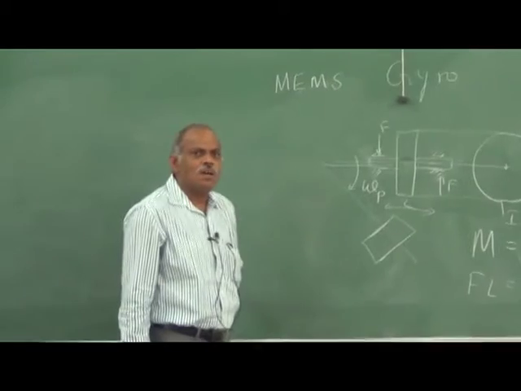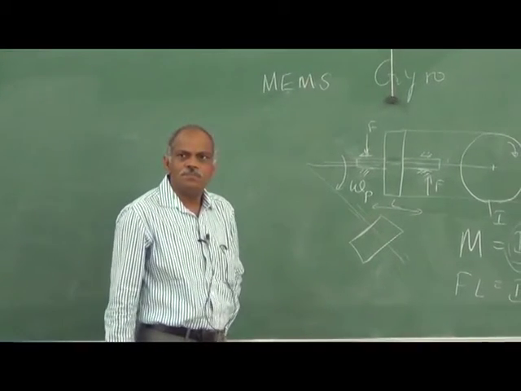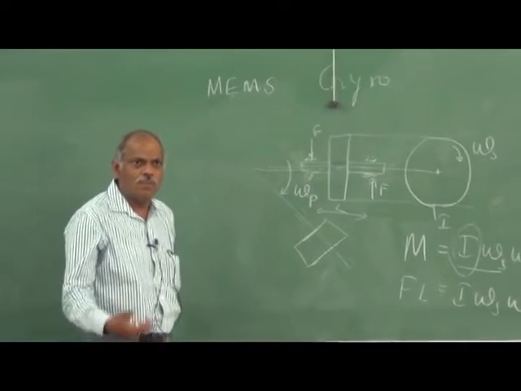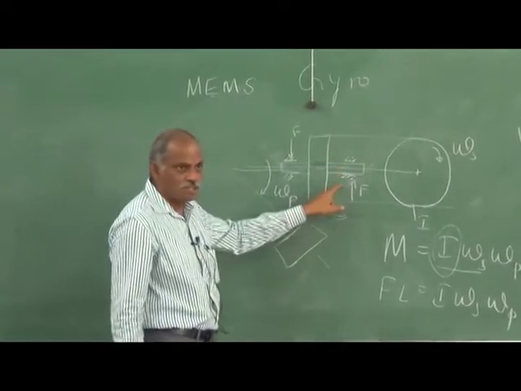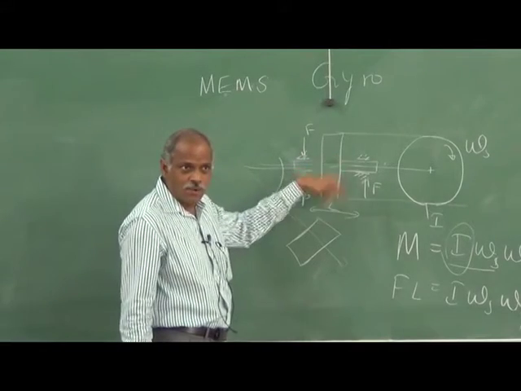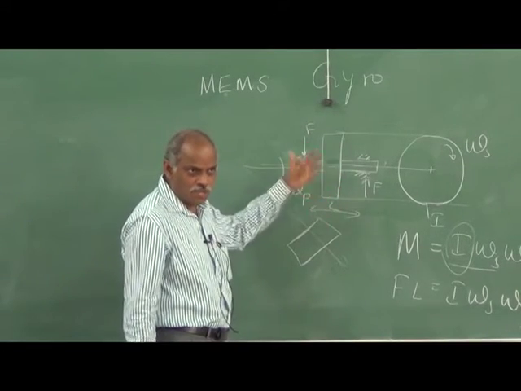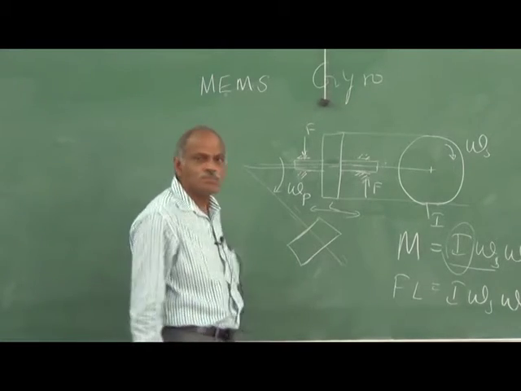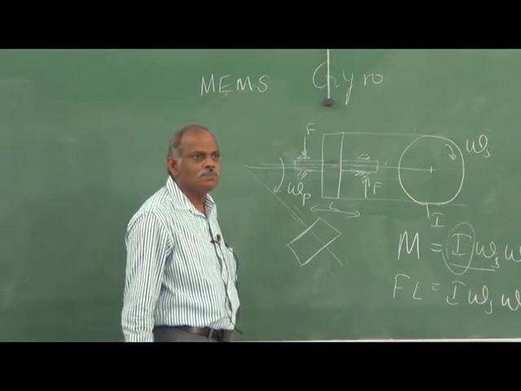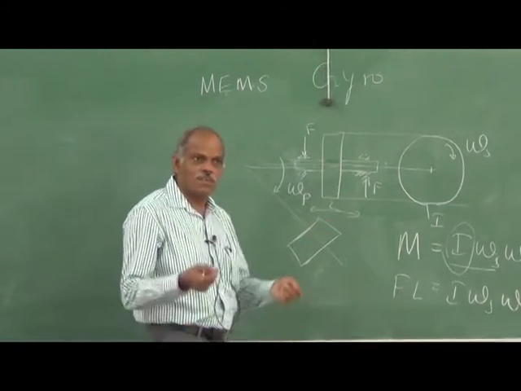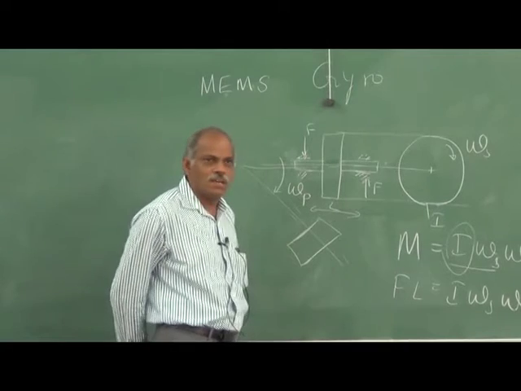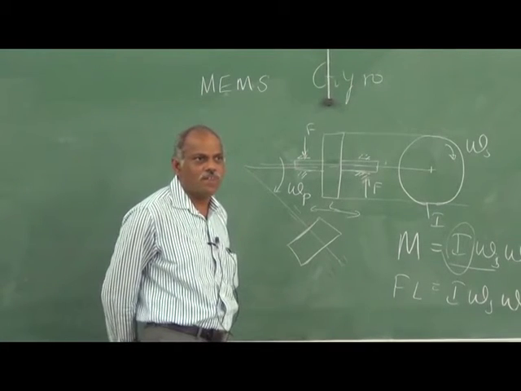But this principle, though widely used, has its own inherent problem, in the sense that the bearings will decelerate the rotating speed. So you have to continuously give energy to this wheel to rotate it. You have to go for high precision bearings, and you need to measure the force with a very high sensitivity. So all this compounds together, and the gyroscope is a very high tech aerospace device.